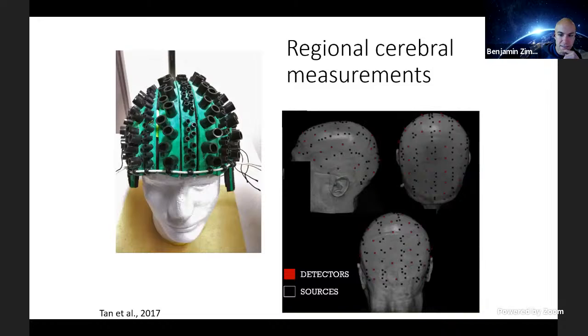But before going into the details of that, I wanted to emphasize why we're doing this. One of the main advantages of this technology is that right now it's really the only tool to measure local differences in arterial stiffness non-invasively over the whole head. So this is what our helmets look like, where we put optical fibers and detectors. We can put optical fibers in these smaller tubes and detectors in these bigger tubes, and we can cover the whole head at the same time. This is just showing, mapped onto an MRI image of the scalp, where the source locations and detector locations end up being.